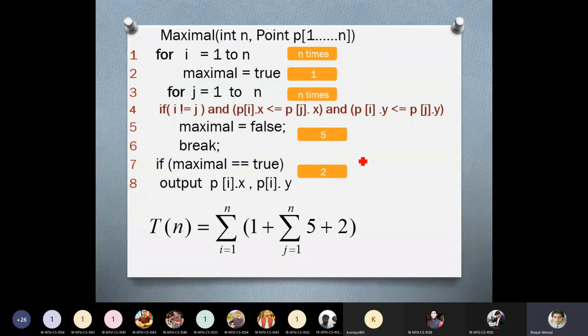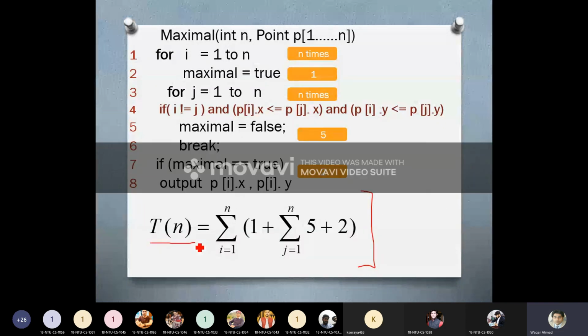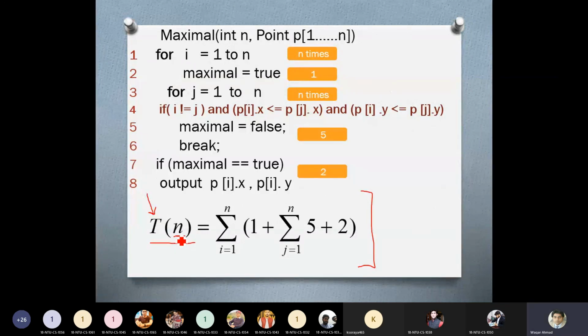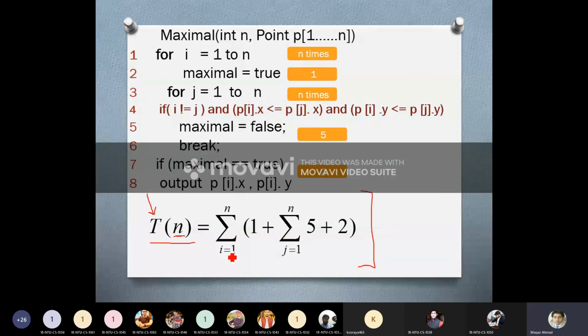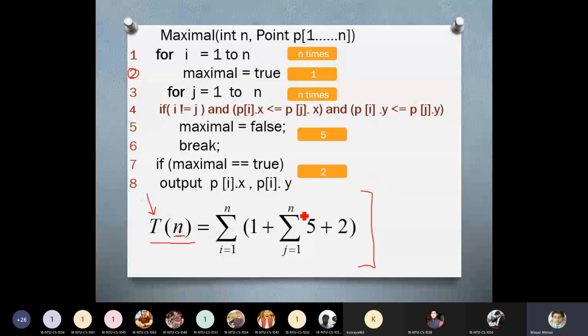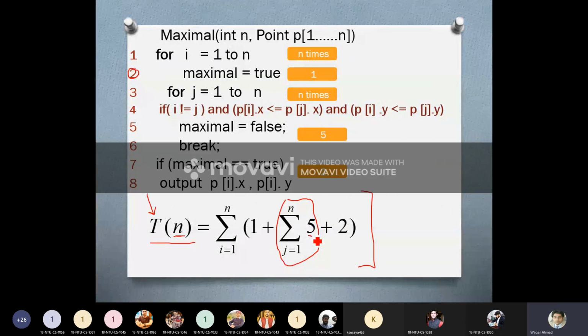So this whole situation can be written by this expression, which was explained previously in the slide. And now you can find this expression here. Just try to understand this expression. Let's start with this term: T means the time of the algorithm on input size n, and it is equal to, first we have a loop, which will be executed 1 to n, and inside this loop we have statement number 1, statement number 2, this one, and after that again we have a loop, which has a starting condition of 1 and an ending condition of n, and it has 5 statements inside it.